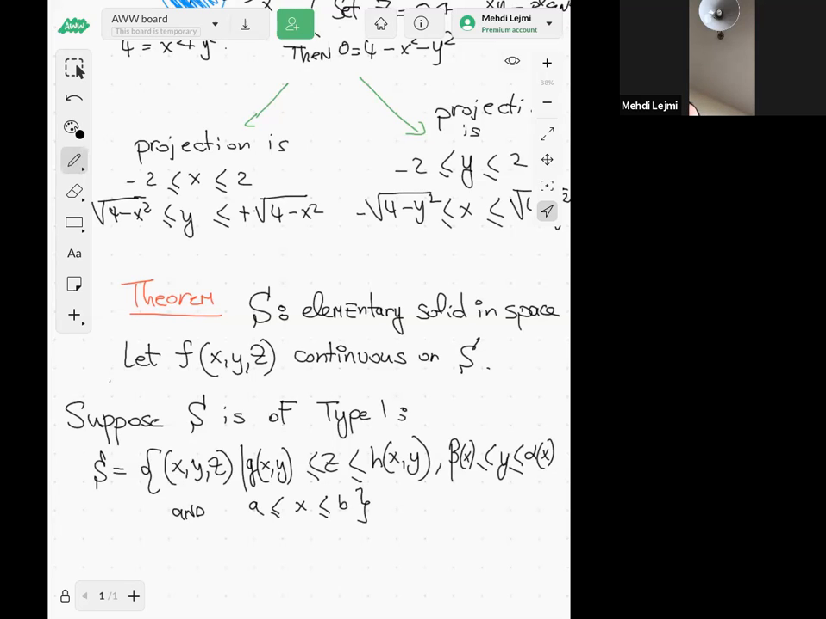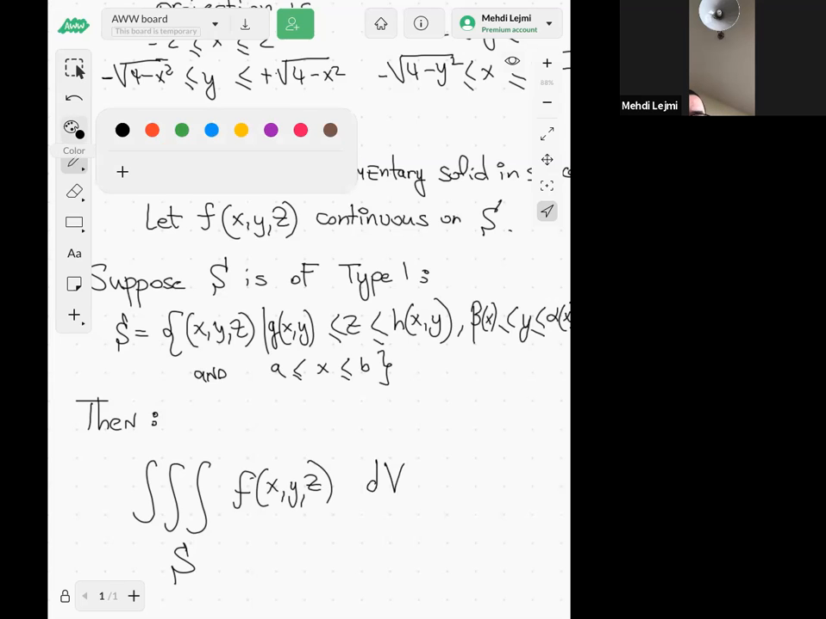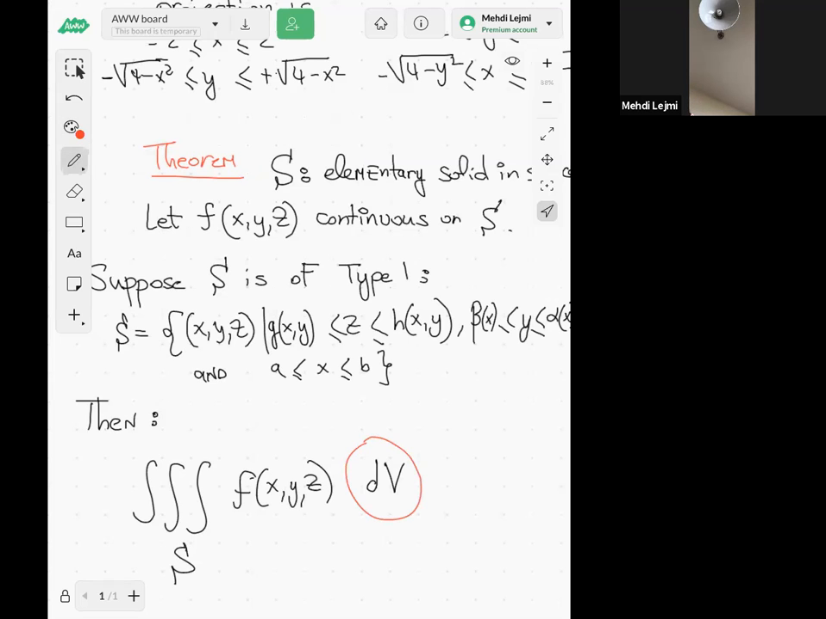Anyway, the claim is that the integral of f of x, y, z over this solid S, dV, where dV is our volume element, would be equal to